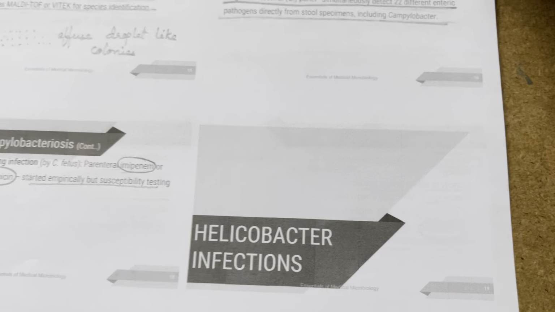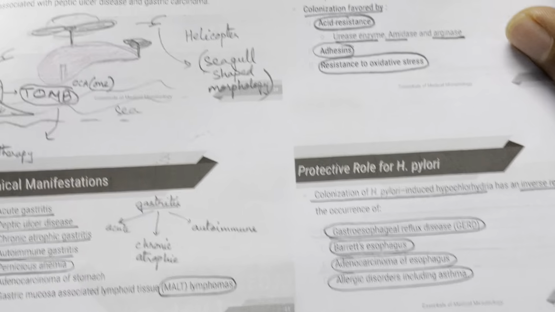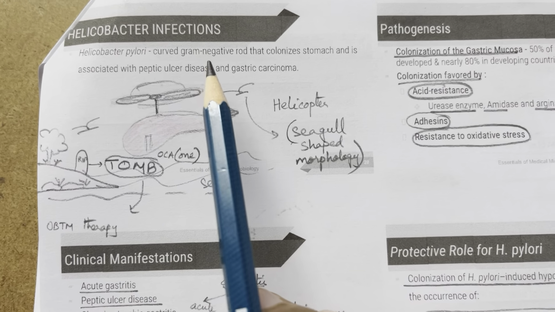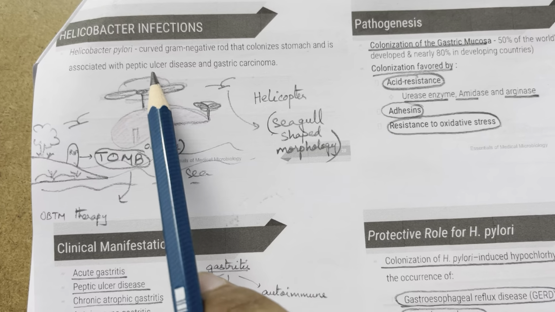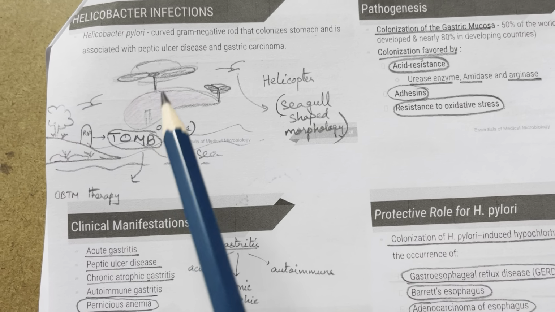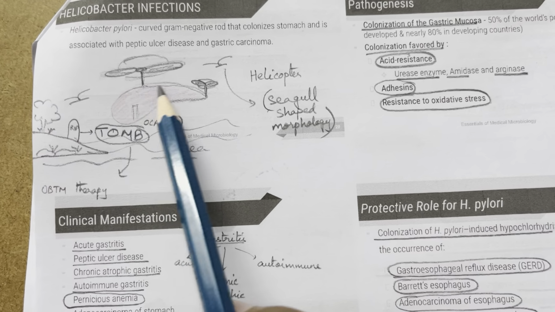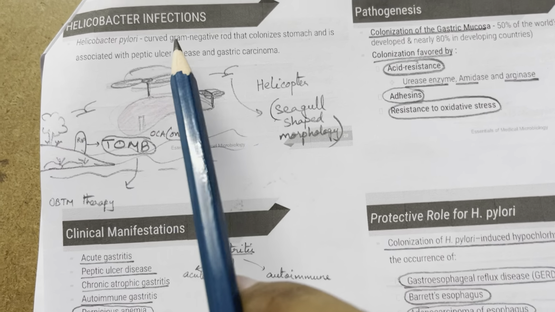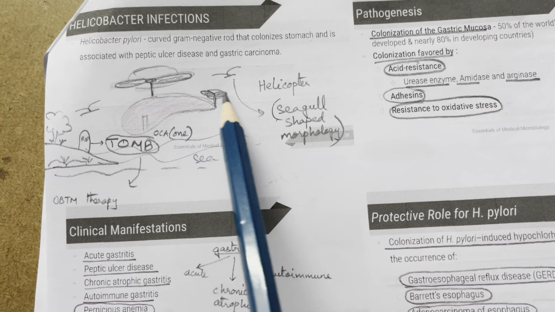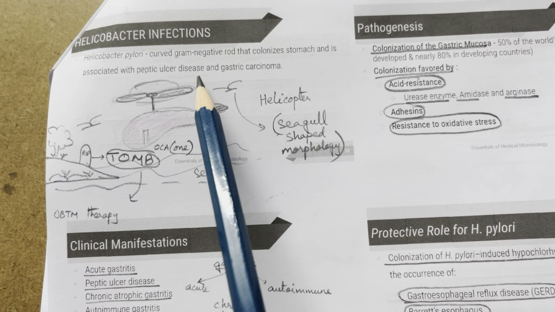Moving on to Helicobacter infections. Helicobacter pylori is a curved gram-negative rod that colonizes the stomach and is associated with peptic ulcer disease and gastric carcinoma. So, remember a helicopter, which is pink colored, so gram-negative, and it is curved, right? So, you can see, it is a curved gram-negative rod that colonizes the stomach and is associated with peptic